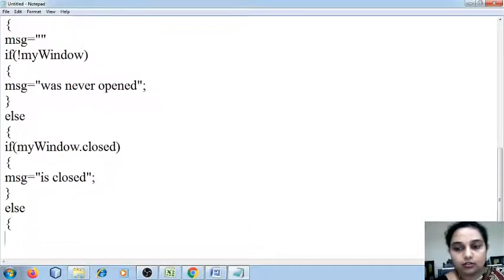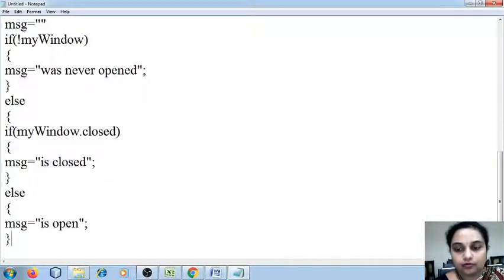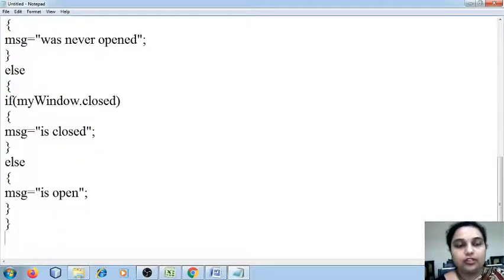Else, one more message which says is open. So we have taken into consideration three conditions: whether the window was open, closed, or never opened.